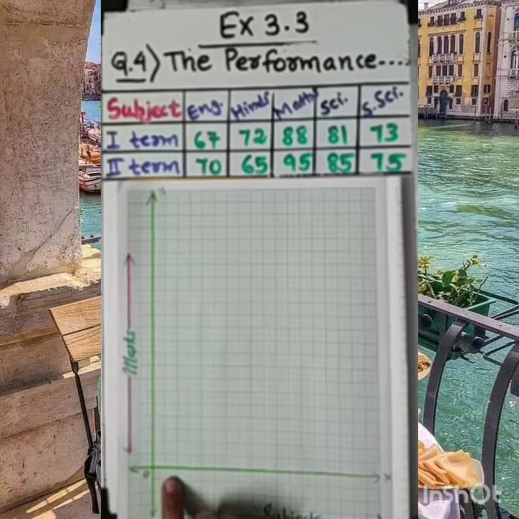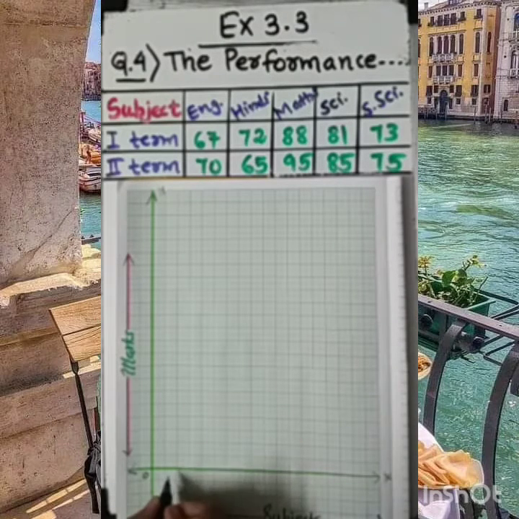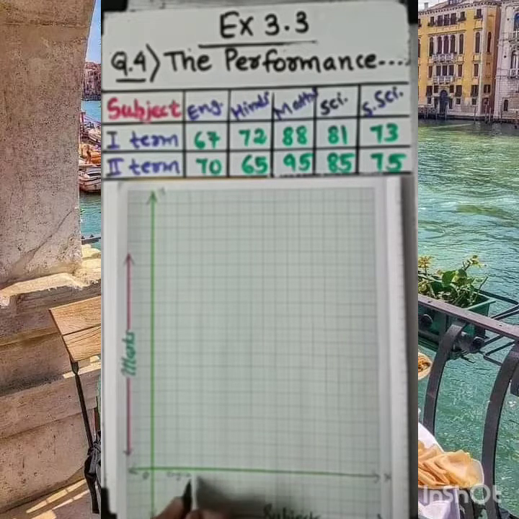First column is for the first term we are pointing out here, and second column is for the second term. So my dear student, as we are putting subjects over here, I am mentioning the subject here with my small writing. First is English. Using both of these columns, I am mentioning here it is English.